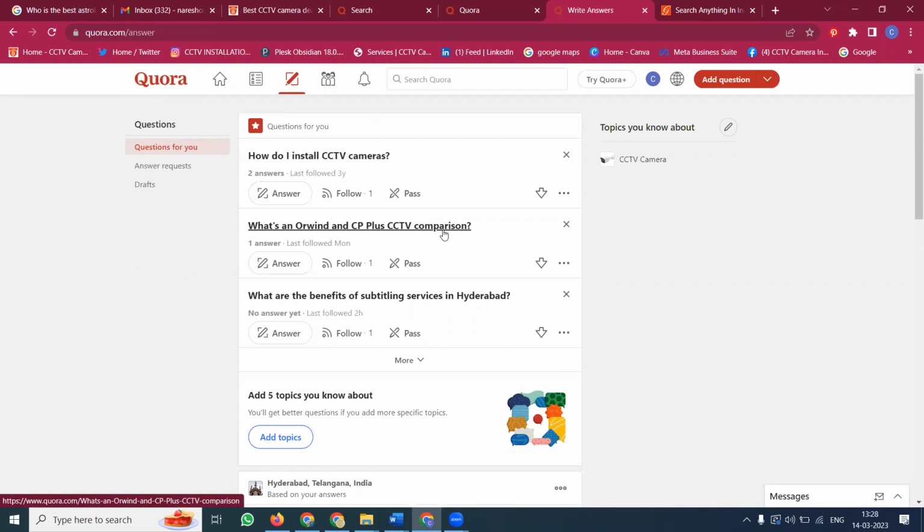Some people will search about swimming pools. I'm showing it for CCTV, but some people are looking for swimming pools. What is the benefit of swimming pools, such as less fat, or are breath levels controlled or not? Anything: please contact our website, we'll let you know. Please contact for more details, I will give the complete information. Use simple terminology along with a link. You can use a phone number, but what will happen? They can't come to your website. That is what we add, to bring the particular users to the website.